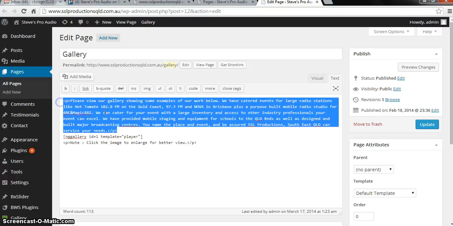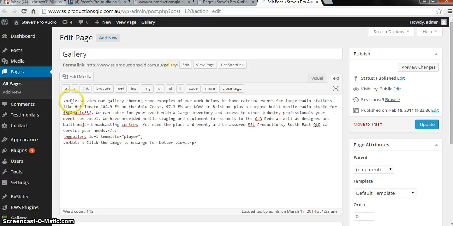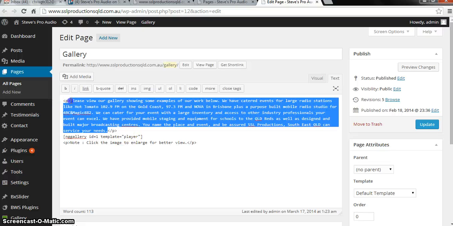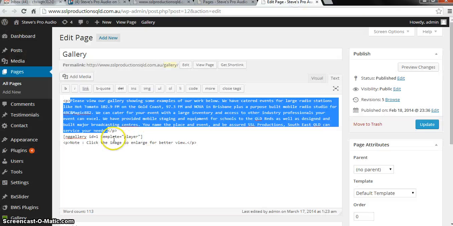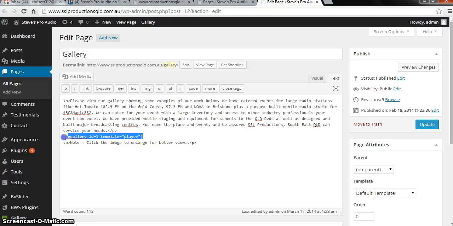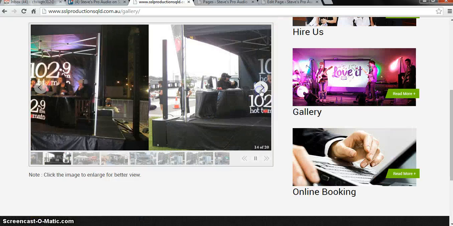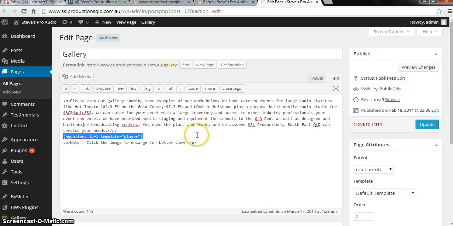So this is the description part. Once again, this is HTML code. This is the main description that we have in here. You can edit this if you want. This is a short code for this website for the slider or images slider gallery. Same as with this one, it is HTML code. So this is our description.